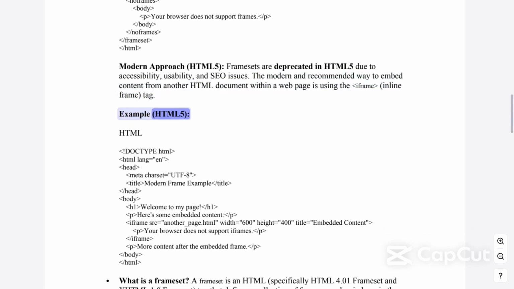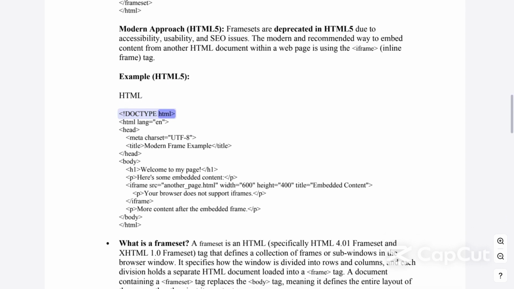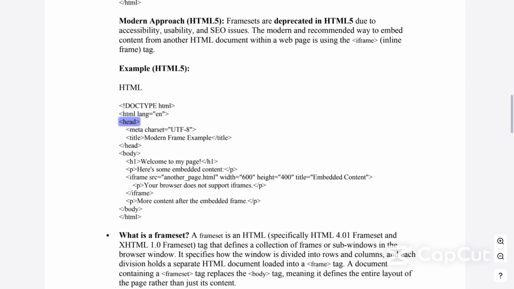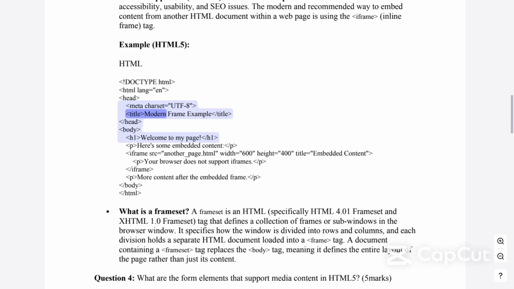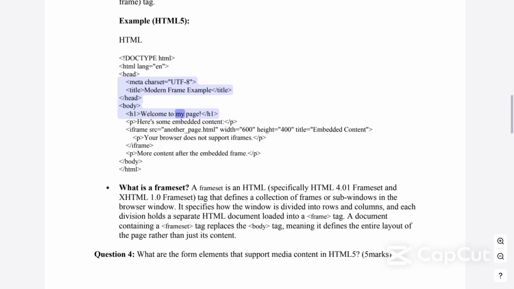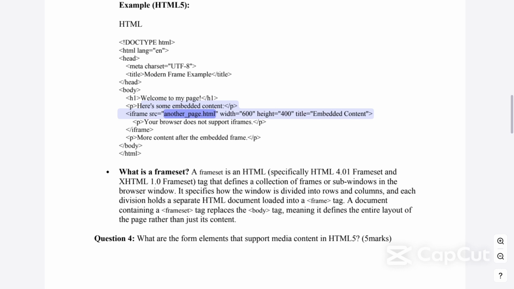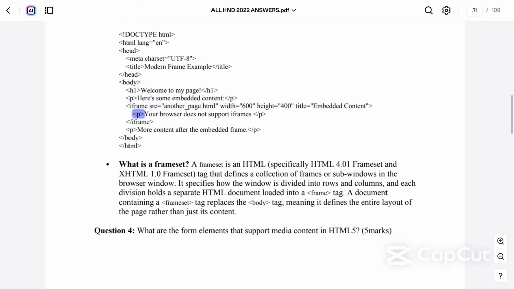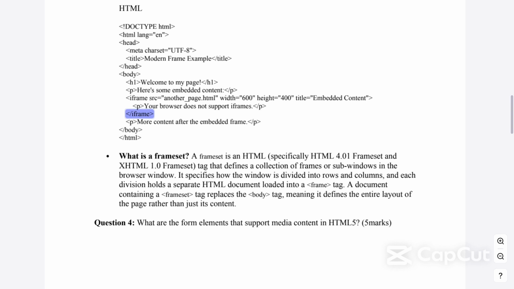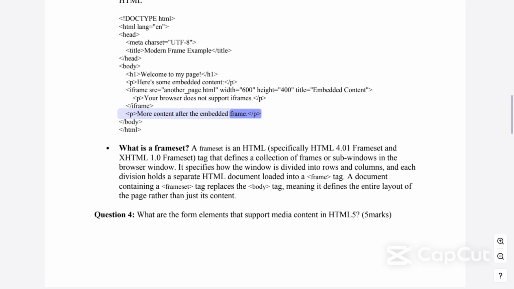Example, HTML5. <!DOCTYPE html> <html lang="en"> <head> <meta charset="UTF-8"> <title>Modern frame example</title> </head> <body> <h1>Welcome to my page.</h1> <p>Here's some embedded content.</p> <iframe src="another_page.html" width="600" height="400" title="Embedded content"> <p>Your browser does not support iframes.</p> </iframe> <p>More content after the embedded frame.</p> </body>